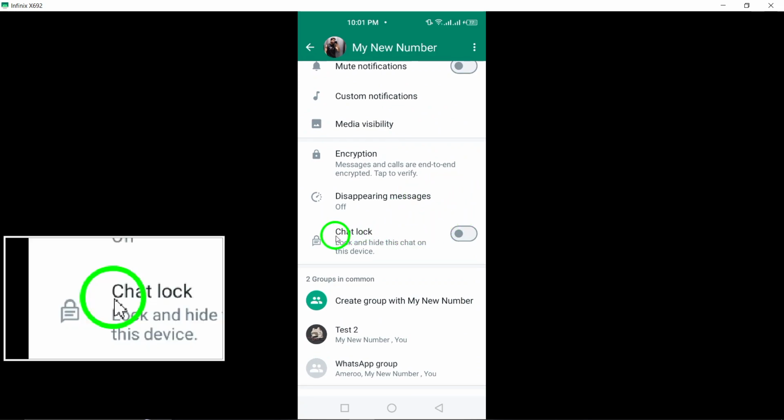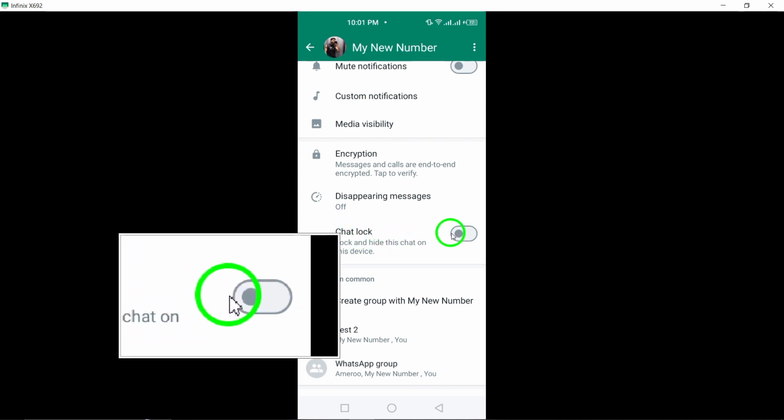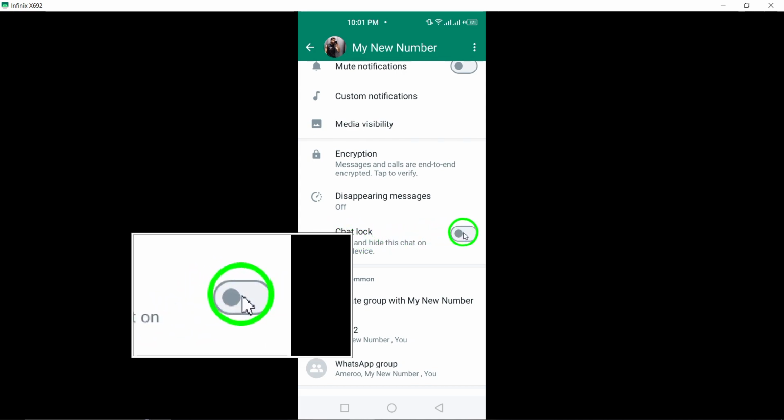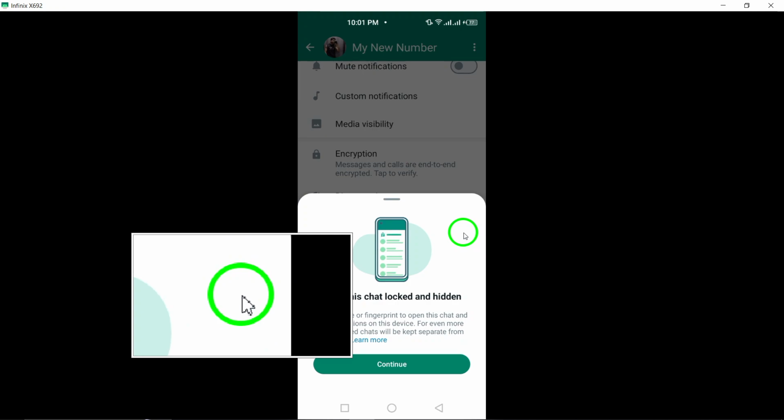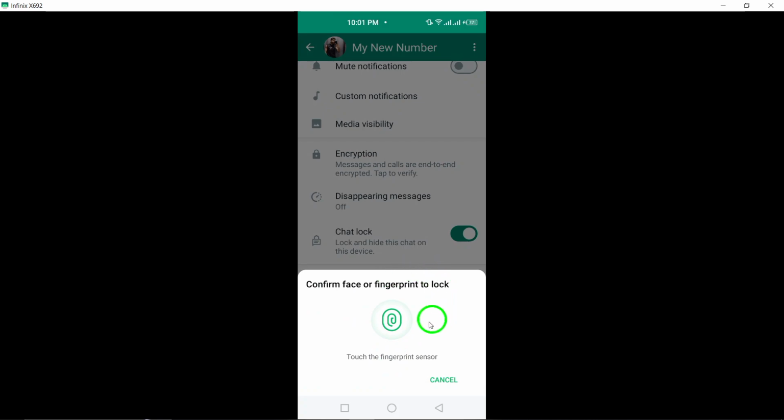Scroll down on the contact info screen to find the option to turn on chat lock. Tap on this option to enable a chat lock for the selected conversation. After turning on chat lock, tap on Continue and proceed to scan your fingerprint to verify the action and activate